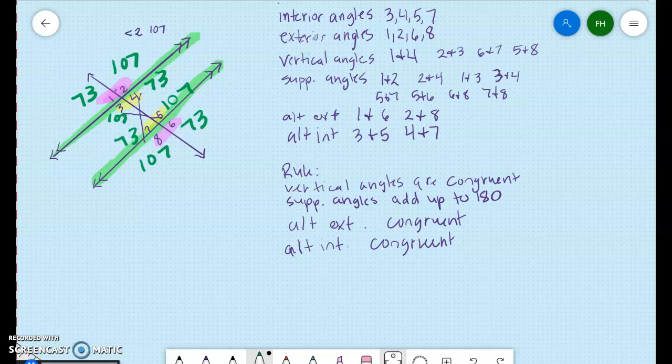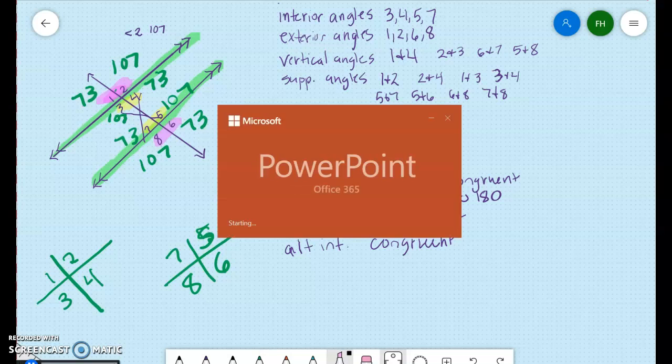That means if I took, let me show you how that looks. If I took these angles and placed it on top of these angles,